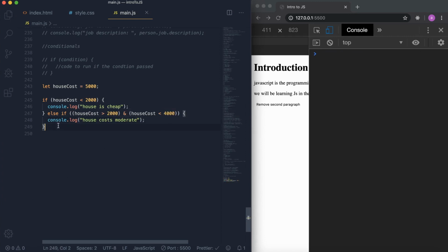All right, and finally the last keyword you have to know for if conditions is the else keyword. Now this else block of code takes care of every other condition that hasn't been mentioned yet. Okay, so if house cost is less than 2,000, console.log "house is cheap". Else if house cost is greater than 2,000 but less than 4,000, do this. Else meaning that for any other condition that is not covered by the first two, do the last one over here. And you can see that we've covered less than 2,000, we've covered between 2,000 and 4,000, but we've not covered